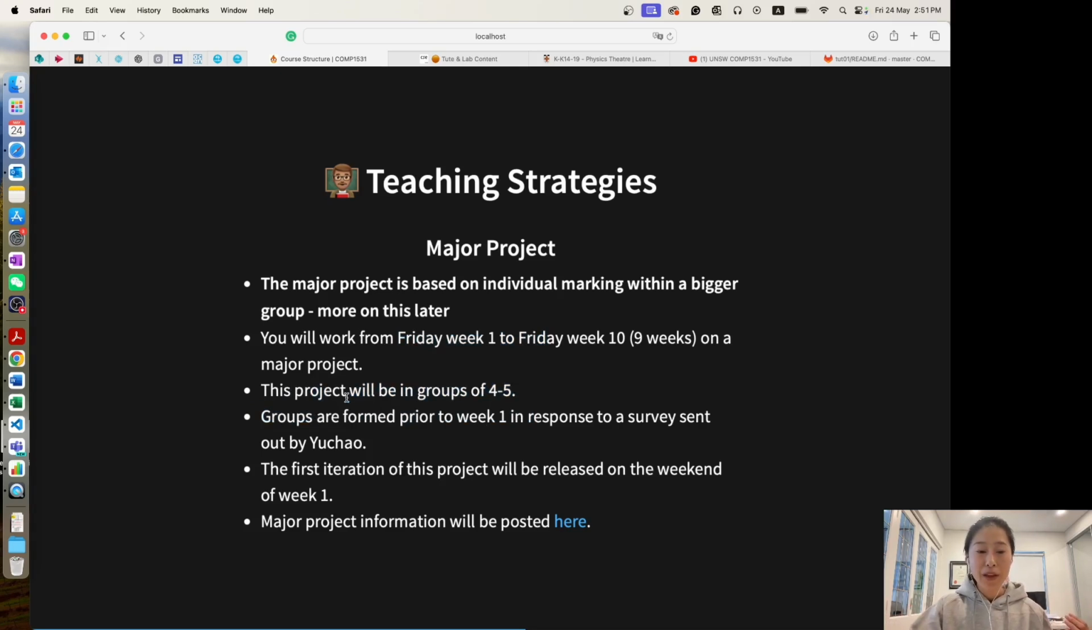The groups are formed prior to week 1 in response to a survey that's sent out by Yuchao. So I sent you a survey link through email earlier this week. So make sure that you have completed that survey, and based on that survey, we'll form groups for you before Monday of week 1. So we will release the first iteration of the project at the end of week 1, after all the groups have been finalized in your week 1 tutorial, and then we will release the major project